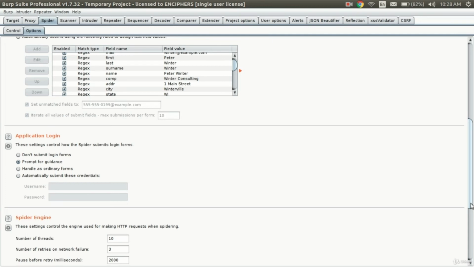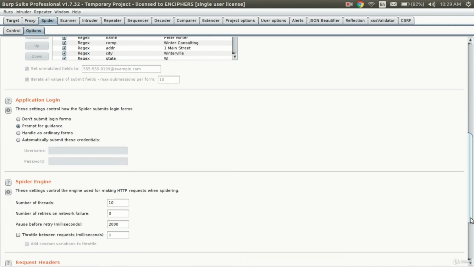Now what will happen if the spidering is on is that the spider will click all the buttons, all the links, so it might click the delete button. So it's always better to do spidering cautiously, so that nothing bad happens to the web application. And if worse comes to worse, then it's always better to do it manually.